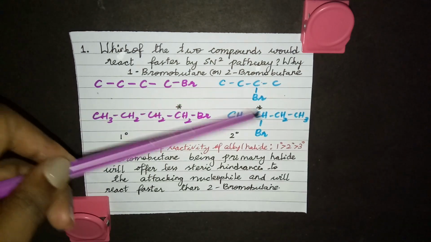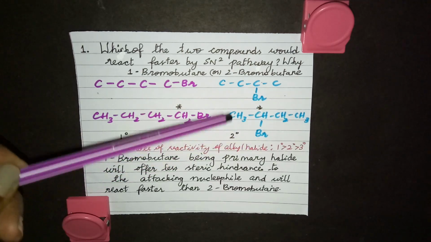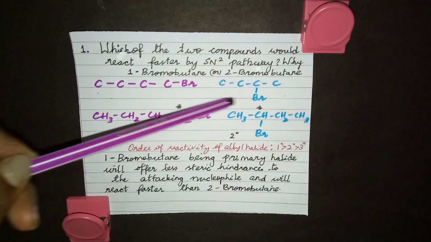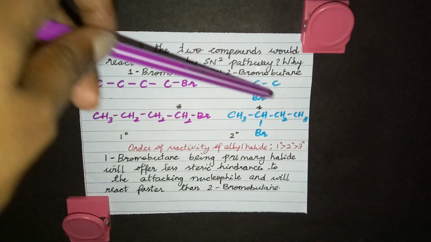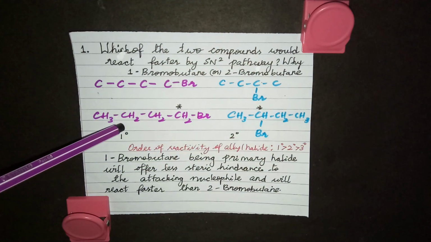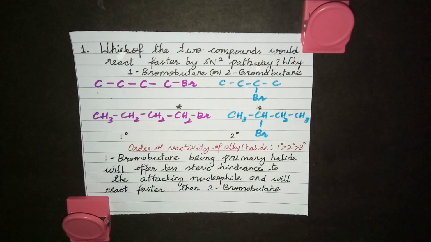So instead of 1 H, you are putting a Br. Okay, so this is either way you can write. Here you can put Br or here you can put Br. That's why I've written it twice, 2 different ways to show you. So this is 1-bromobutane and this is 2-bromobutane.